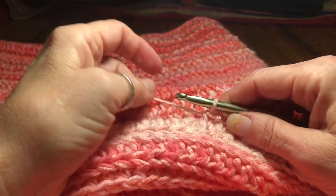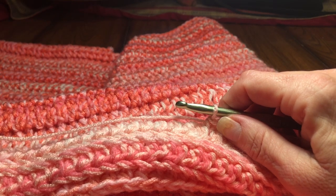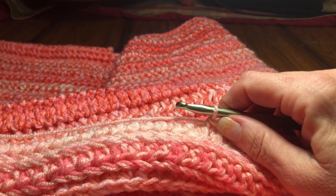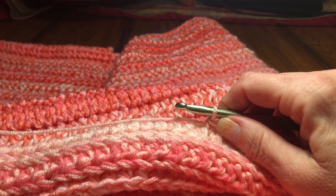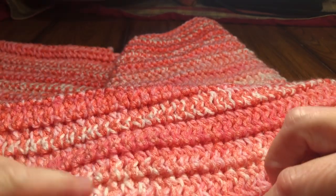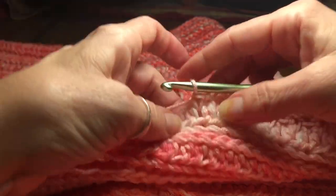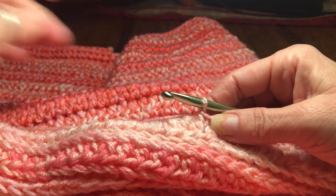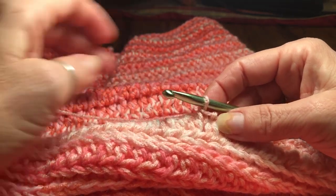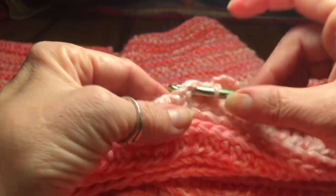Hi guys, I'm working on a border for an afghan and I came up with this one. It's a two-sided afghan, so one side looks like ribbed crochet and the other side looks like knit. I was messing around with borders and I think this braided technique looks the best. So what you're going to want to do is